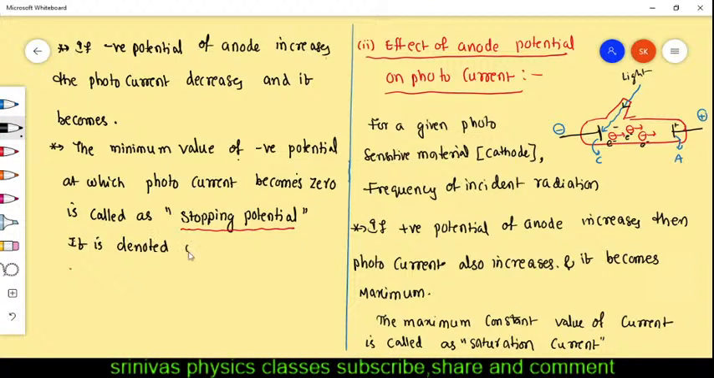It is denoted with V suffix 0. It is called the stopping potential. Stopping potential. This definition is very important. Okay. And next,